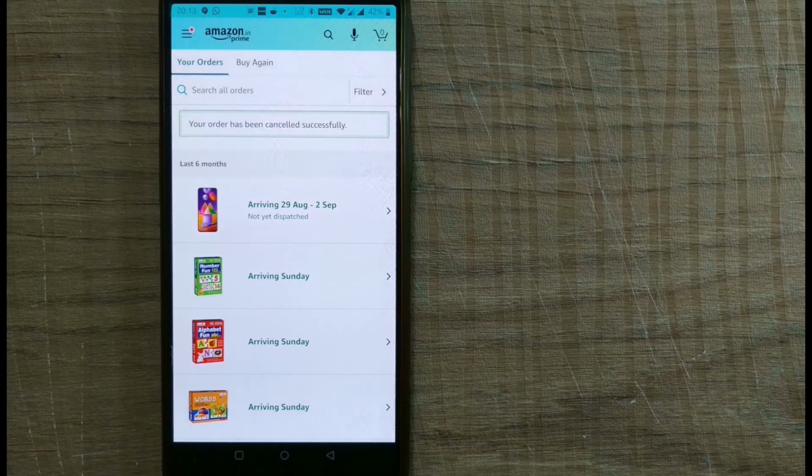Once you contact or mail the seller, if they don't respond within 48 hours, then you can go for the A to Z guarantee of Amazon. In this A to Z guarantee, Amazon will ensure that you get your refund if their team is convinced that you should get it after cancellation, as you are canceling the order. The A to Z guarantee will ensure that you get your refund when it is a third-party seller.